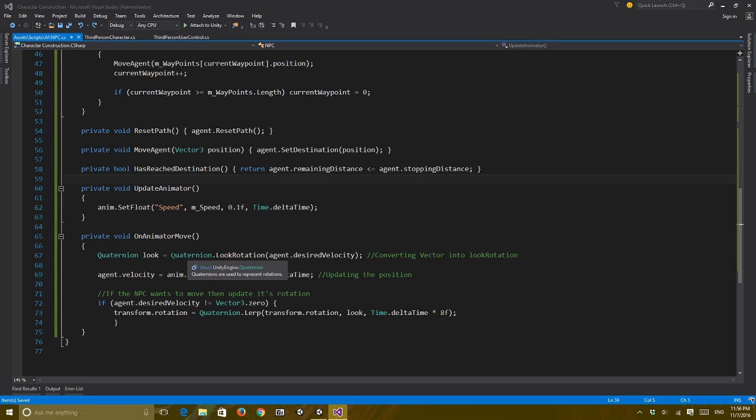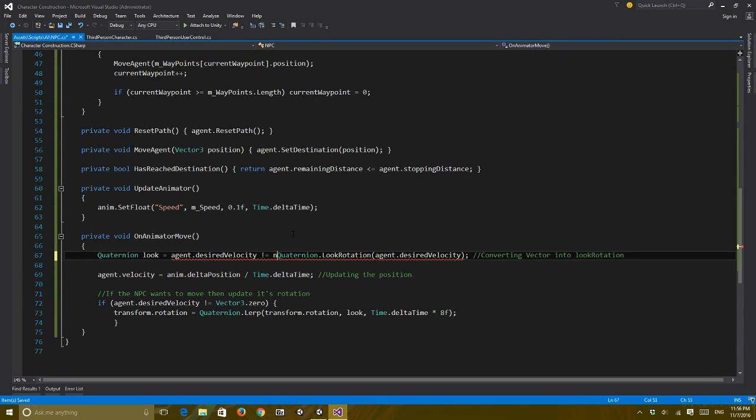So say if we have a path or the agent's desired velocity is not equal to Vector3.zero,